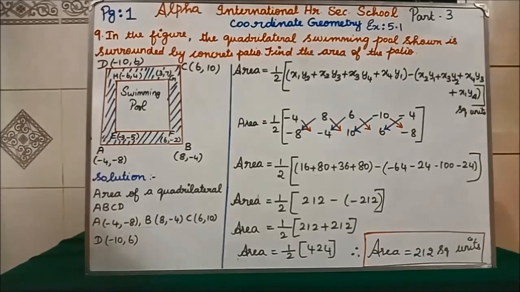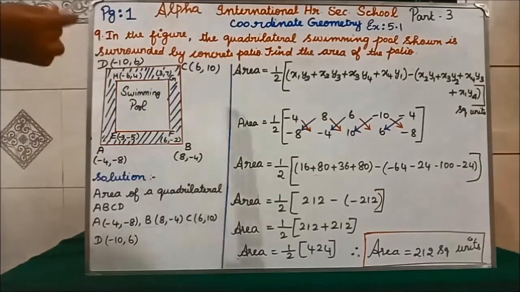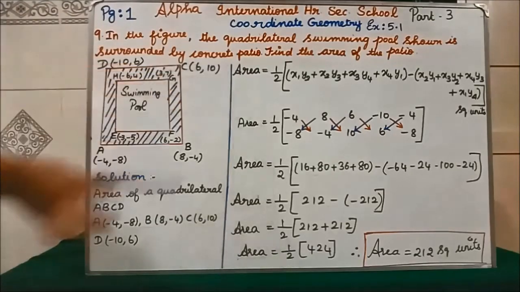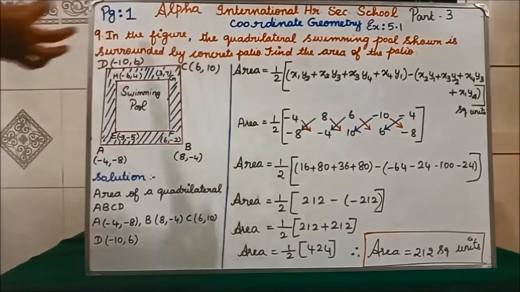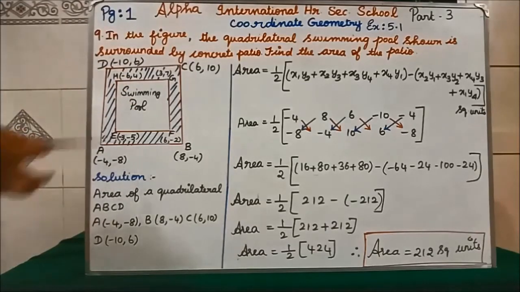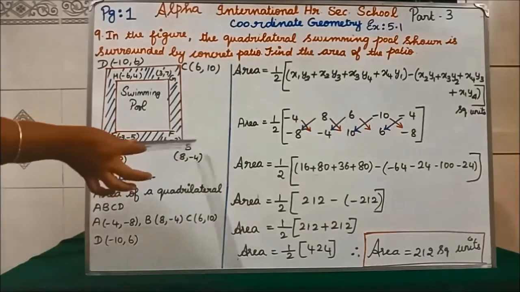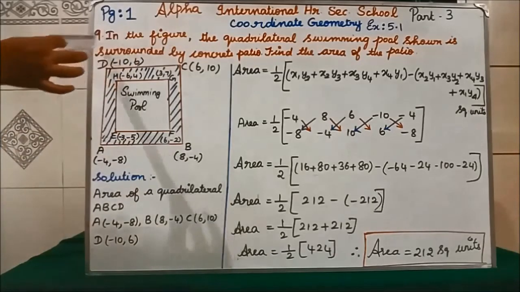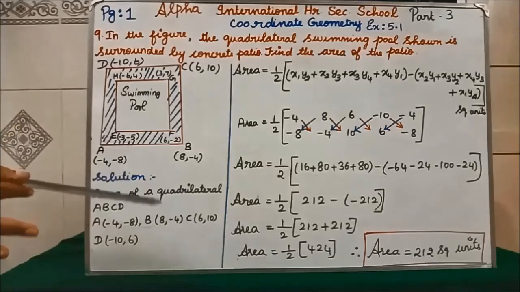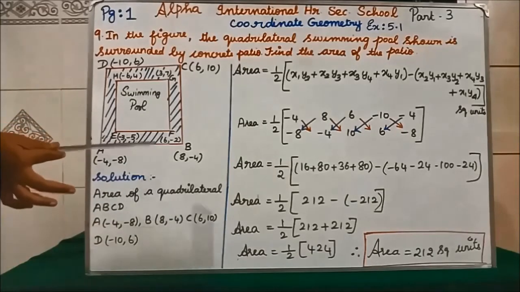I have told you, once you get the vertices, immediately you have to plot them in the graph, isn't it? But in this question, they themselves have given the diagram. They have given the correct order. See, 6, 0 is what? Both are positive. Then afterwards negative, positive, which means that is the second quadrant. Negative, negative means third quadrant. Positive, negative means they have given in the fourth quadrant. They have given the correct order. So no need to draw any graph one more time. Clear? Similarly, EFGH also is like that only.